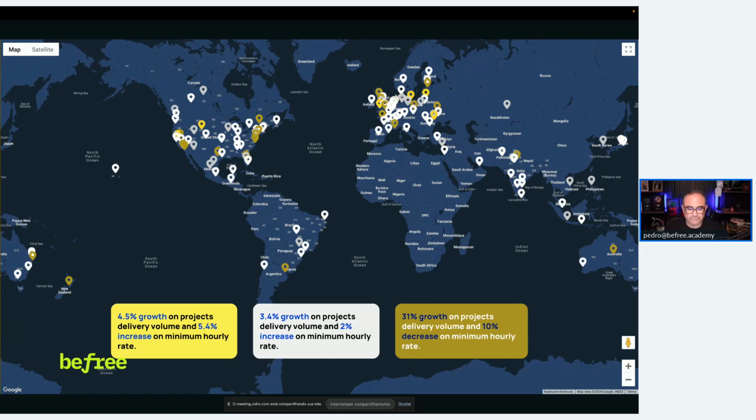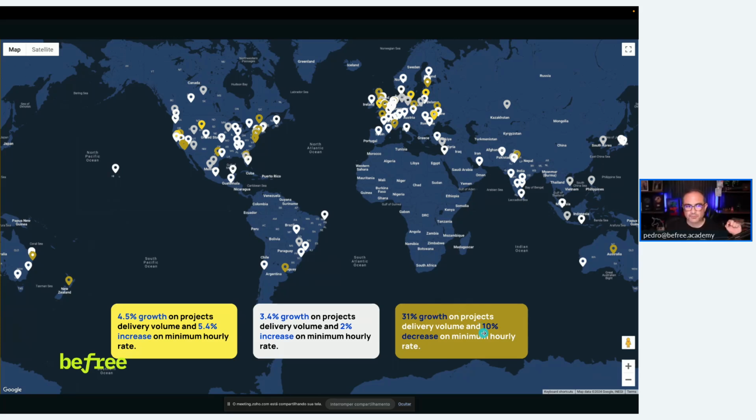Getting notes through the keynote. Okay, here are just some takeouts from these numbers, showing that the lower the tier, the higher the pricing competition. If the bronze agencies had a 31% growth on their projects' delivery, it's obvious, because if I only have one project and now I have two, I've grown 100%. In percentage measurement, it's easier to grow at higher rates when we are small. Naturally, the bigger we get, the lower this percentage will be. But what's important here is